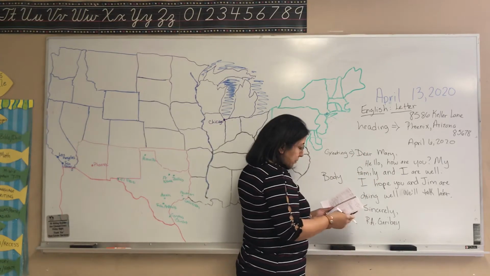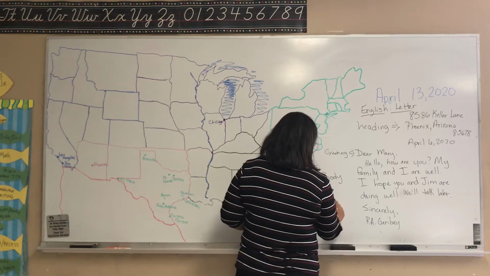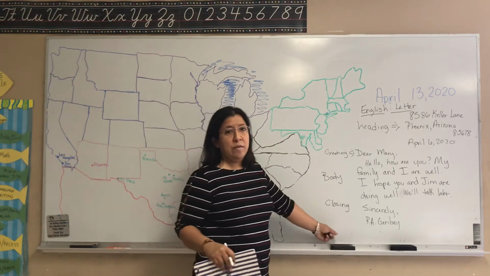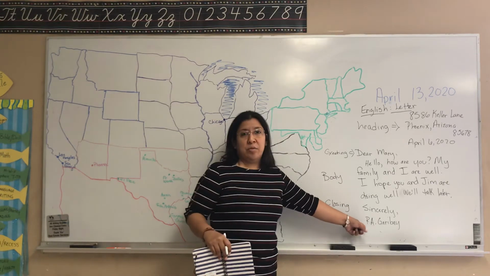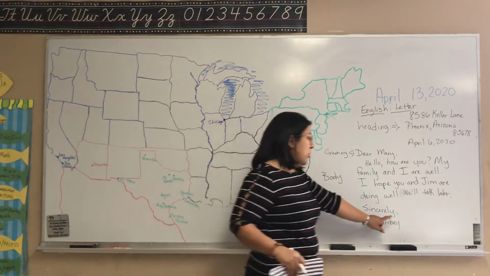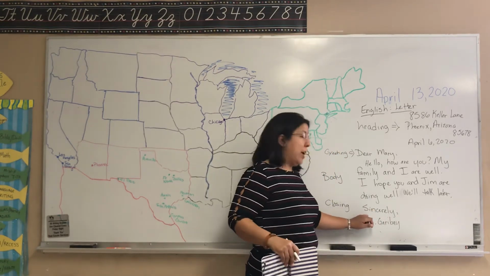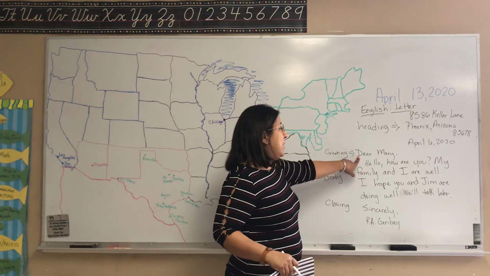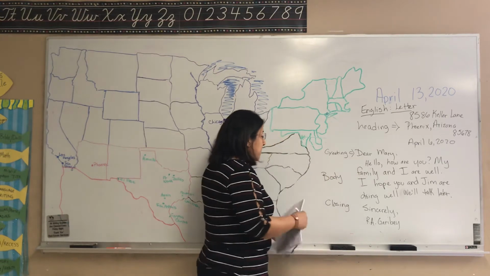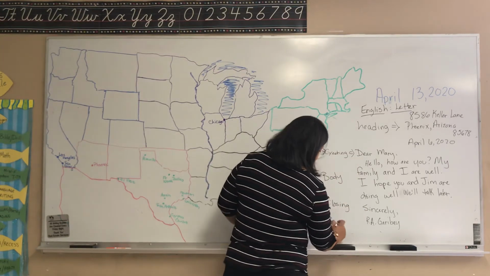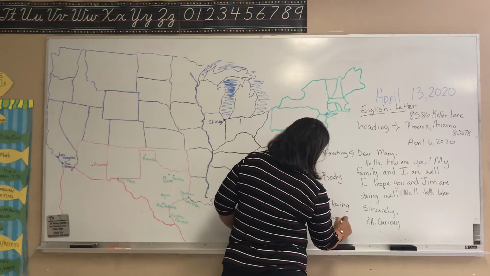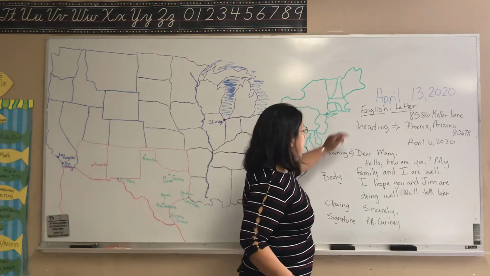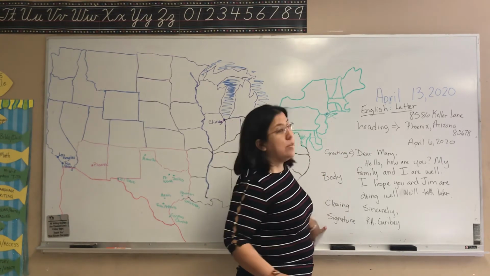At the bottom, you're going to put down your closing. Your closing can be anything from sincerely, or if it's somebody more personal, love. A lot of times you can write thank you at the bottom or thanks. Make sure you have the comma, and make sure that when you're writing your closing, you capitalize it. This has to be capitalized, this has to be capitalized as well, your greeting. And then at the bottom you're going to have your signature, and that's what you're going to close the letter with. Make sure that you memorize these different parts: the heading, the greeting, the body, the closing, and the signature.